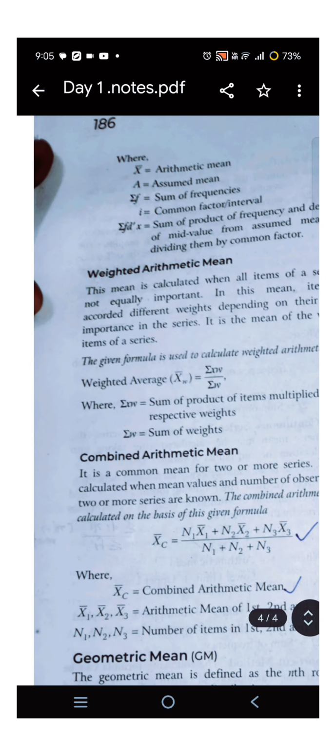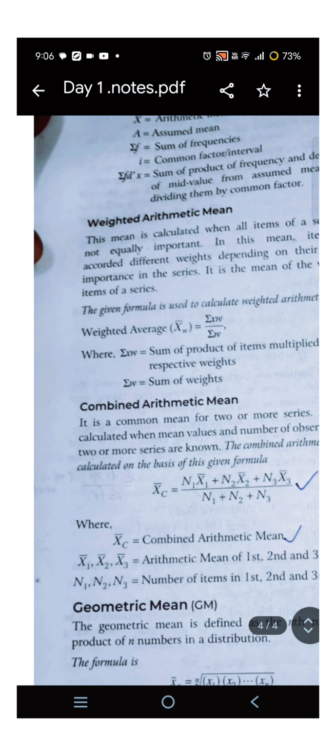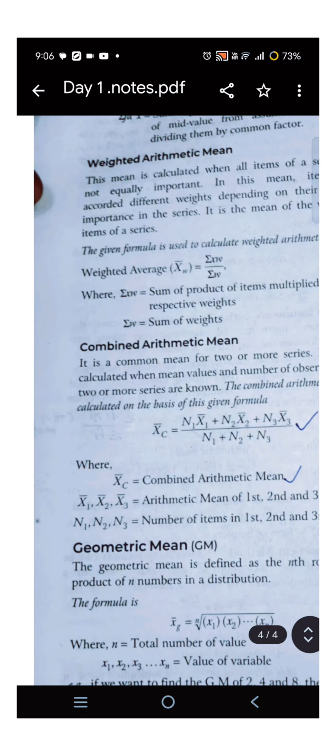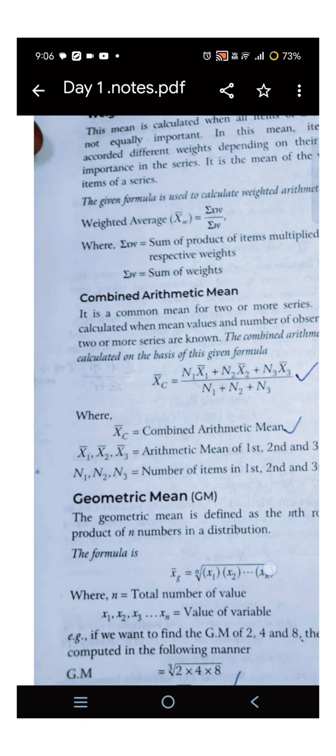And next topic, we are going to discuss the weighted arithmetic mean. What is the weighted arithmetic mean? This mean is calculated when all items of the series are not equally important. In this mean, items are accorded different weights depending on their relative importance in the series. It is the mean of the weighted items of the series. The given formula is used to calculate the weighted arithmetic mean. The weighted arithmetic mean is represented as x bar w: sigma xw divided by sigma w. Here x into w, w is the weight. Sigma xw is the sum of products of items multiplied by their respective weights, and